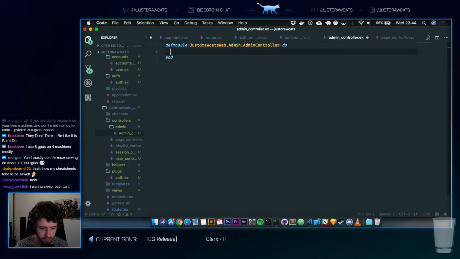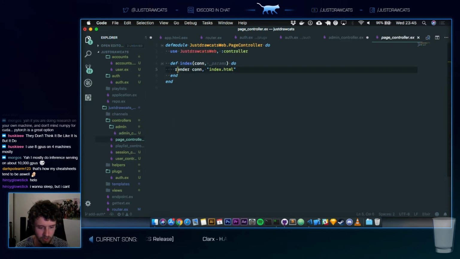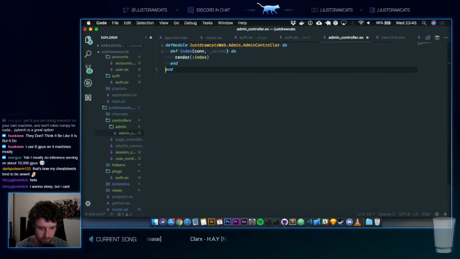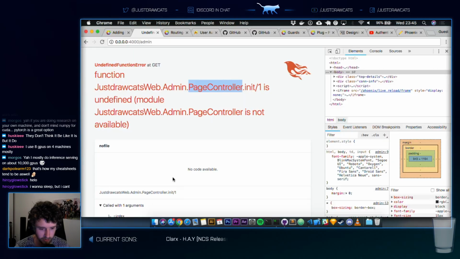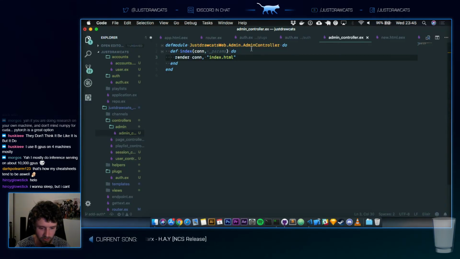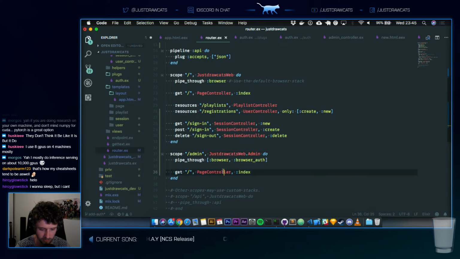Okay. Dev index connection params that we don't use. Render index. Is that how that works? Render con index. Okay, so then it's gonna complain about a view, right? Oh yeah, page controller. We have to change that to be